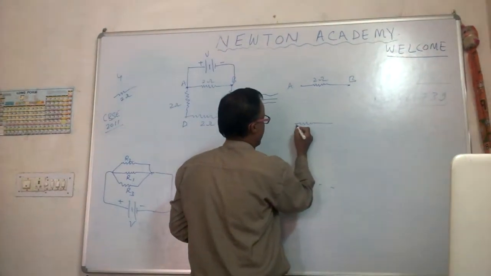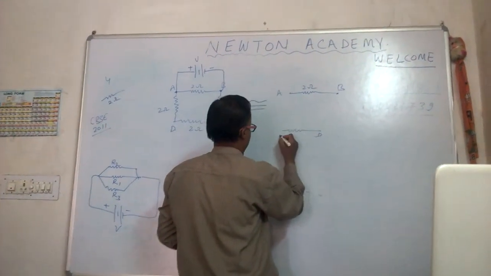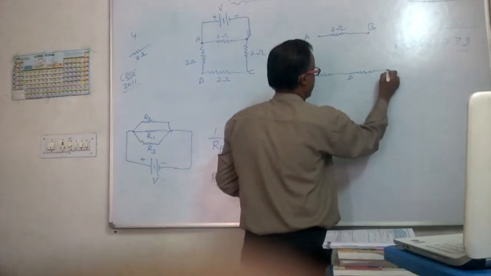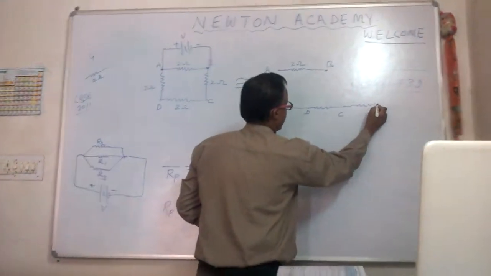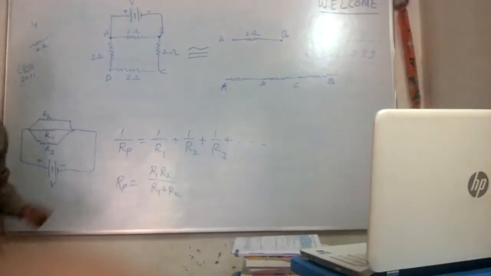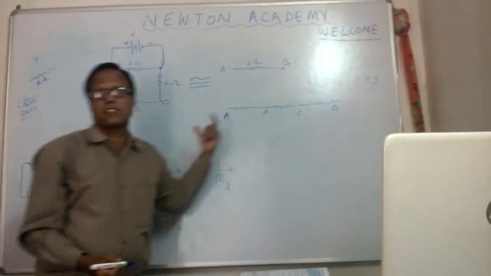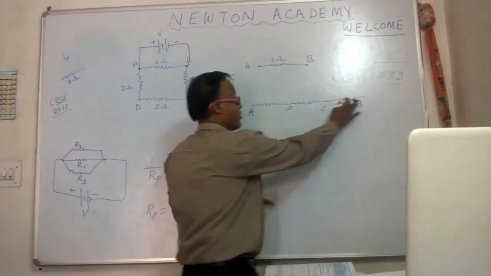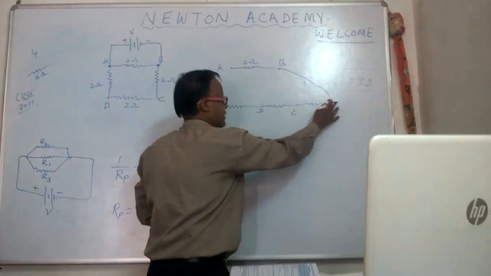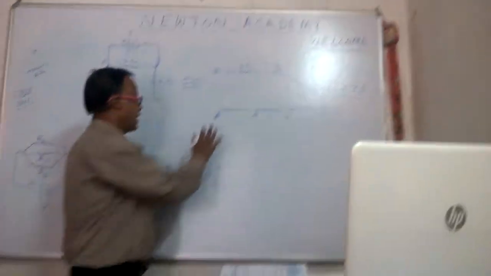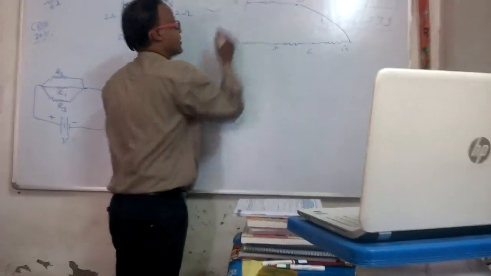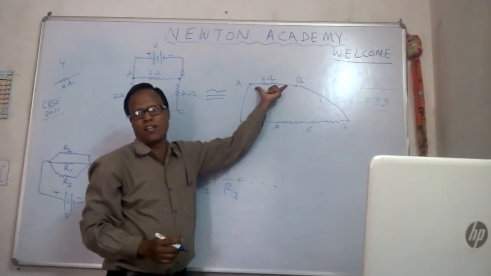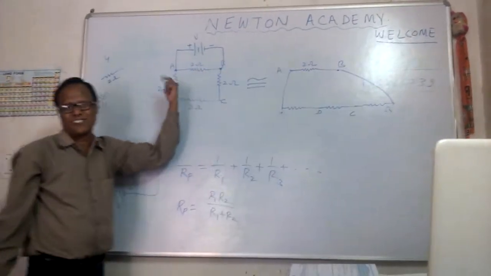This point becomes AB, then BC, then CB. So these three resistors are in series, and this B point and B point are the common point, they are connected. This is just like B is here. And this A and A is the common point. So these three are in series, in parallel to this one. चारों series में नहीं है.